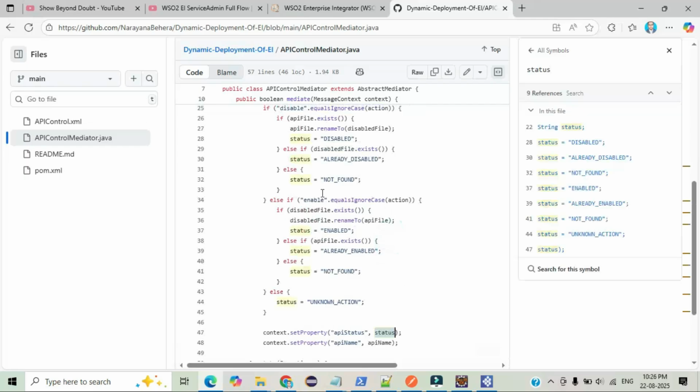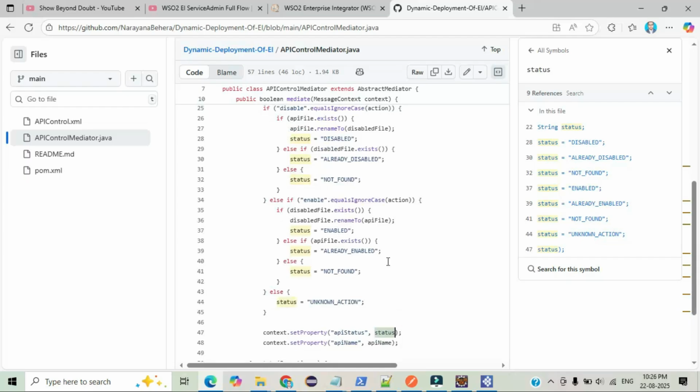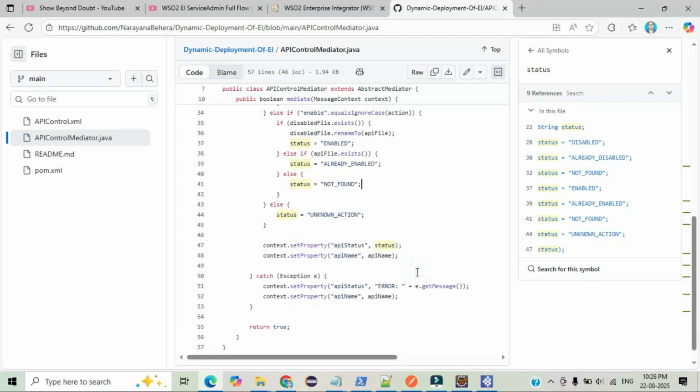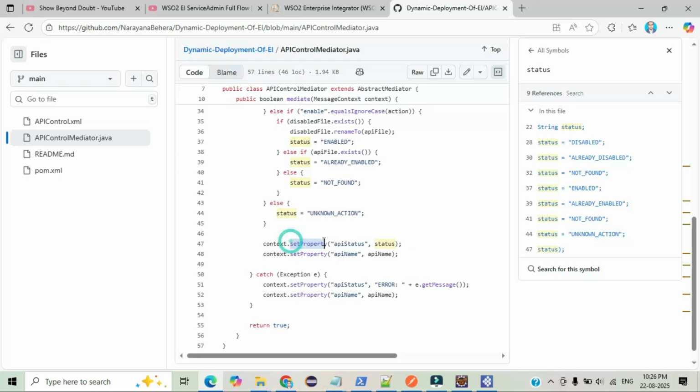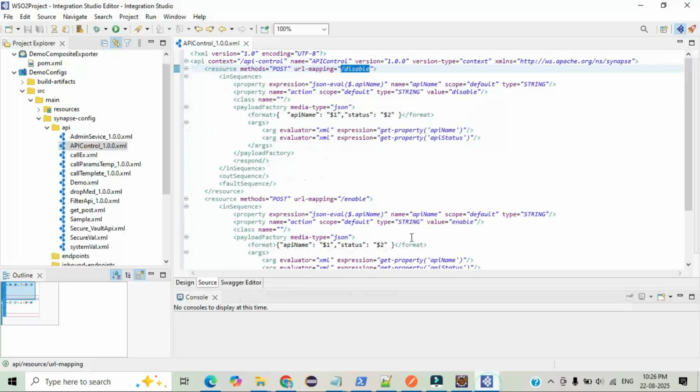If the status starts from here, this status and this is disabled and not found, or already disabled, already enabled, so that status we are setting here. After that, the name also we are setting here, one for the actual API status, one for the actual API name. Then after setting, from where we are fetching the value? If you go through the EI source code,